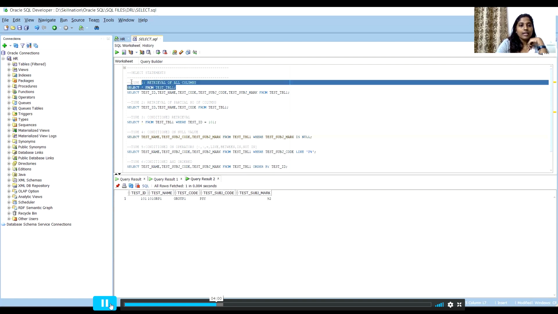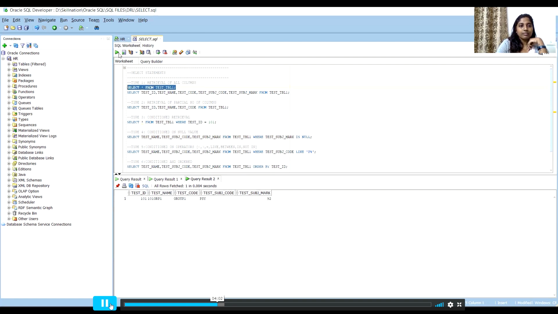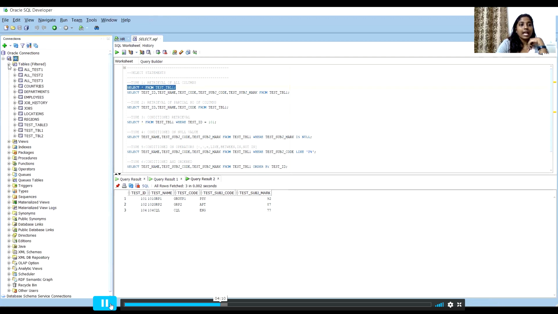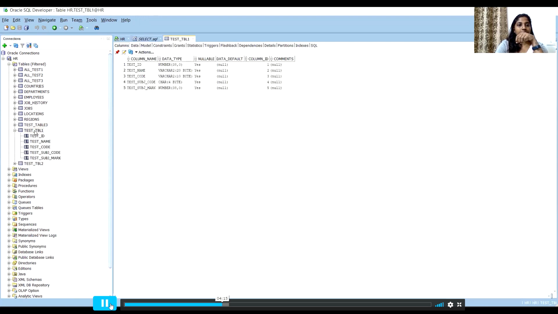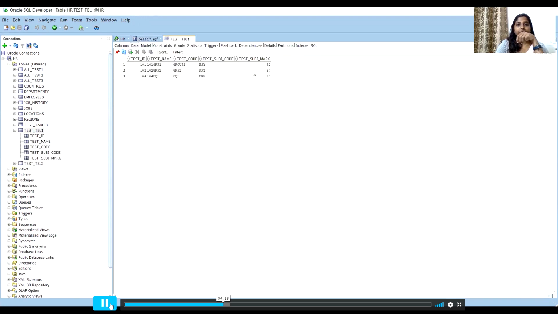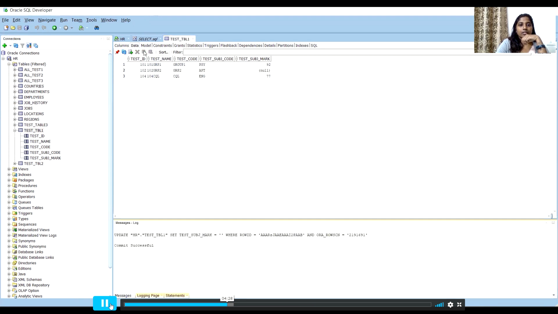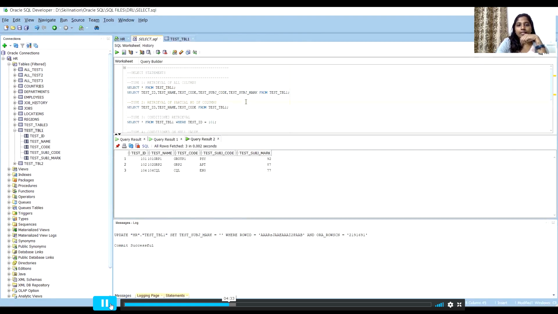Since we do not have any null value record here, let's check if we have. No, there are not. So let me change it. Let me open this particular table and insert a null value. Let me remove something from this table. Data. So I'm removing this data and then committing it. Okay. So now there is a null value here. Let's go back to the query and let's run this.